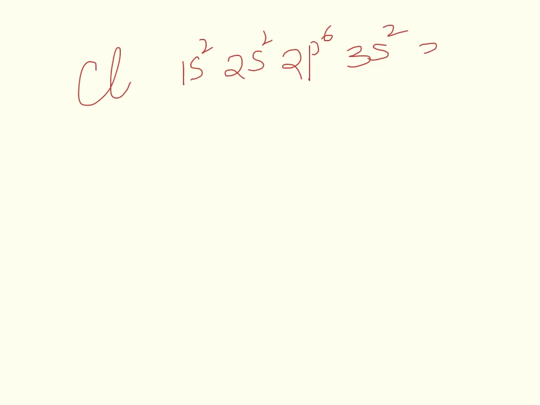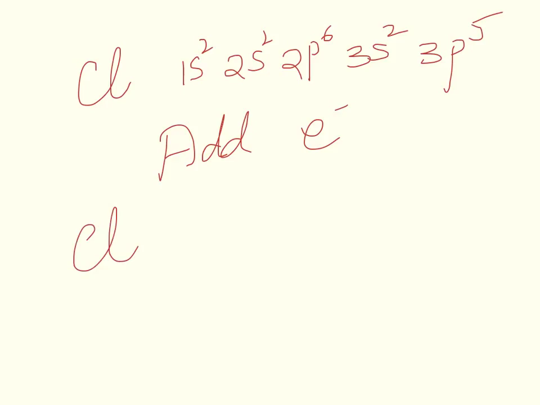Now, how do you get a negative ion? Say for example chlorine. Chlorine is 1s2, 2s2, 2p6, 3s2, 3p5. Remember, how do we get a negative ion? You take a neutral atom and add one or more electrons to the neutral atom. So if you want to make chlorine 1 minus,